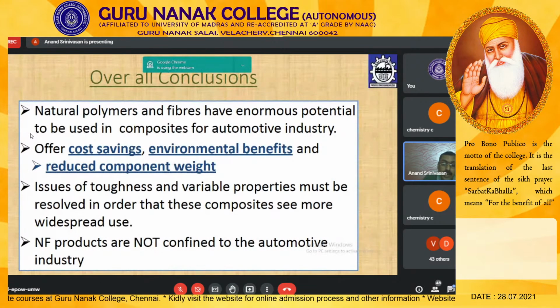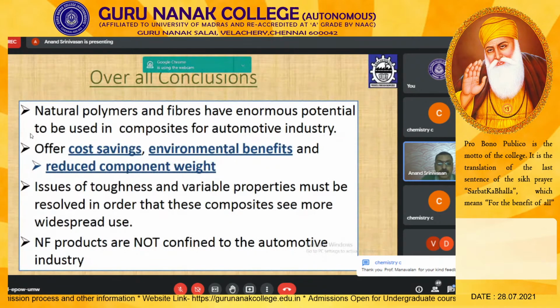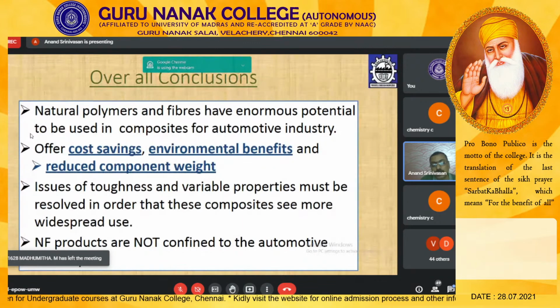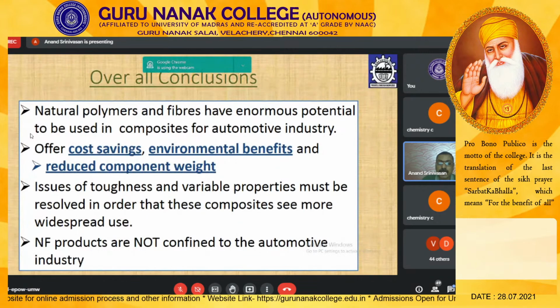That is where your chemistry part comes into the picture. How to alter the properties of your material: toughness, stiffness, chemical property, mechanical property, barrier property, antifungal property. All these are places where chemists play an important role. The role of the chemist is really required, and phenomenally it is increasing day by day. They cannot live without chemists. That is what one should understand. We are omnipresent and omnipotent. So natural products are not confined to the automobile industry, as I told you. They can be explored in various sectors as well.